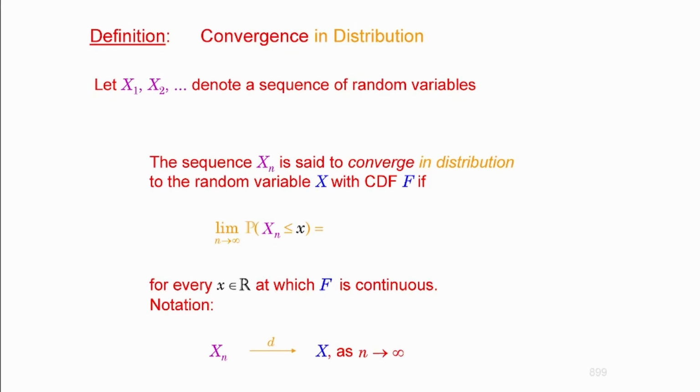Now, if you want to have a definition without them, you need to understand that the limit of that is equal to the probability that X, which is the limiting random variable here, does not take values that are greater than small x, which is, on the other hand, equal to the cumulative distribution function of the limiting random variable. Sometimes I use even that one.